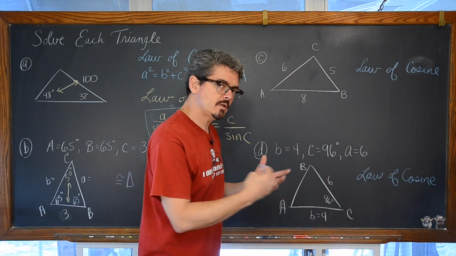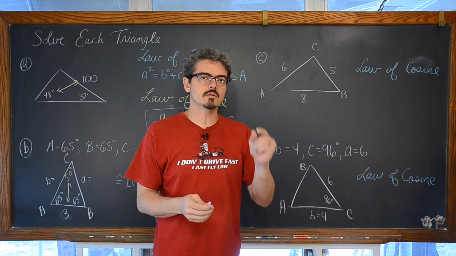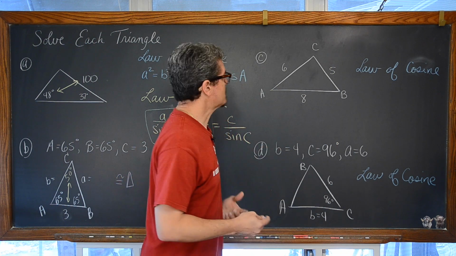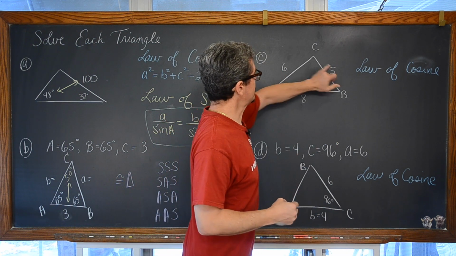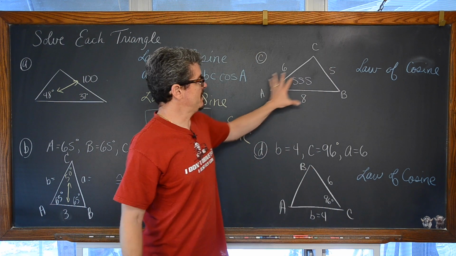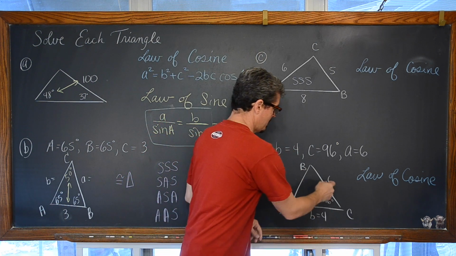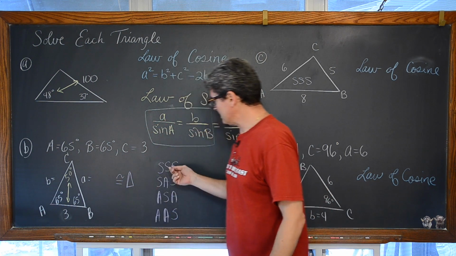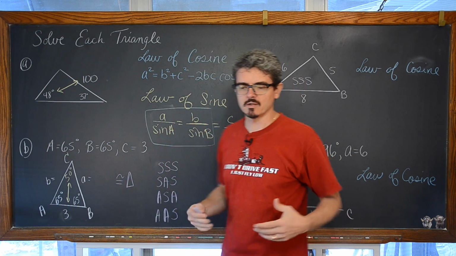Now I know we're not comparing two triangles, but there's something sticky that you have to worry about when you are solving oblique triangles with law of sines and cosines, specifically law of sines. Here we have side, side, side. That pattern means you're going to be doing law of cosines. You have side, angle, side. And remember when you named these and used these congruency theorems, there's also hypotenuse-leg for a right triangle.